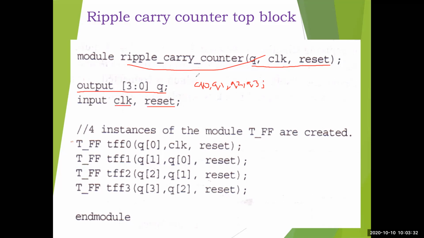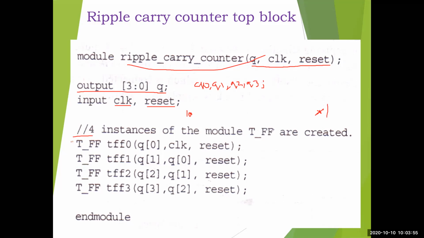In the same way, since Q is the same, we can just use a vector form. We'll learn this later. Now we have two instances. So these are the comments. Double slash indicates a single line comment, right? We write multiple line comments using slash star, and at the end of the comment we write star slash. So this is the multiple line comment and this is the single line comment.